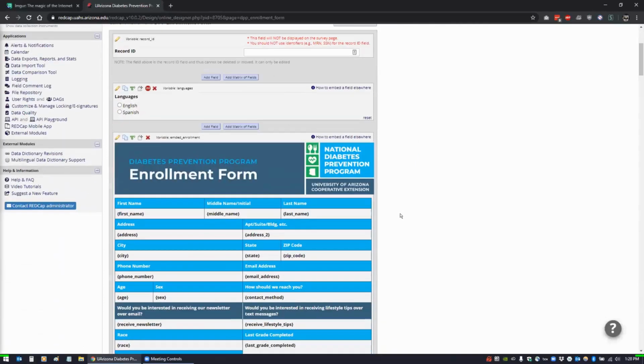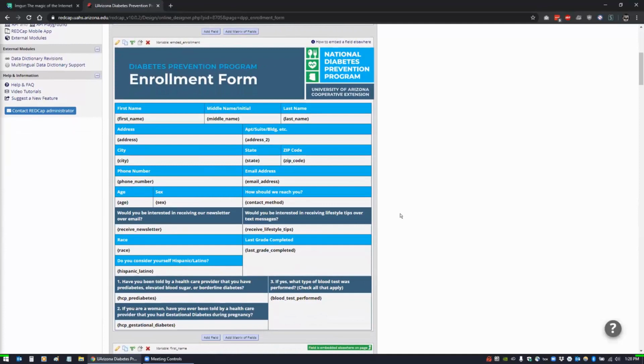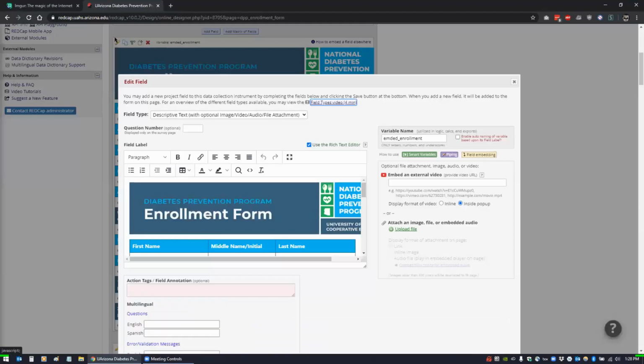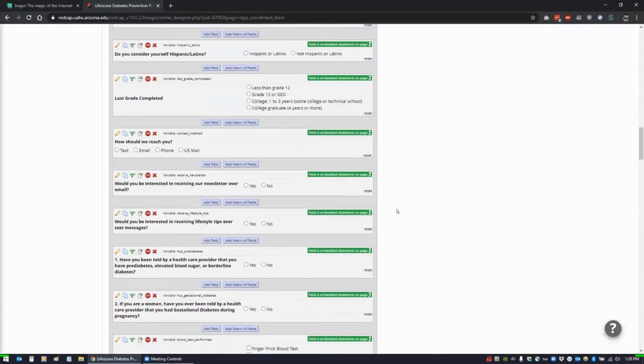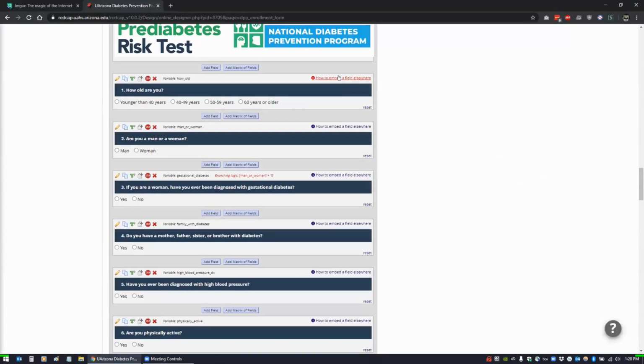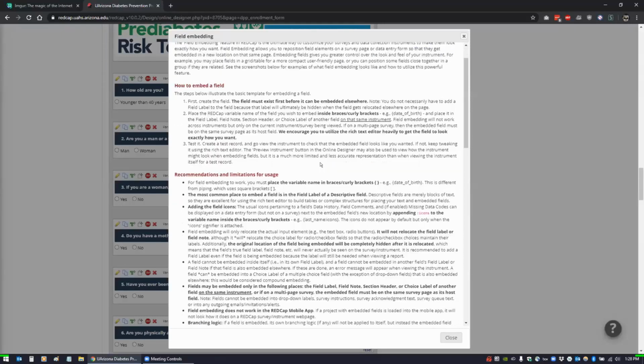And this is what it looks like, what I had designed. And so what you would do is in the rich text editor for the form, and also to show you this, let me scroll down. You can see here one of the ones that I'm not using, field embedding. So on any of the fields now in REDCap, it has an icon here, or a link that you can click on that tells you what field embedding is and how to use it. And what it does is it allows you to,